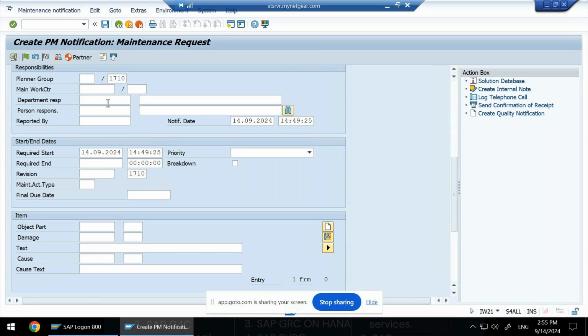The person responsible we are getting from the HR only. And reported by, who's reporting for this notification. Then when this maintenance needs to be carried out again, that is the start date. I will have the question that if maintenance work center is basically maybe a group of